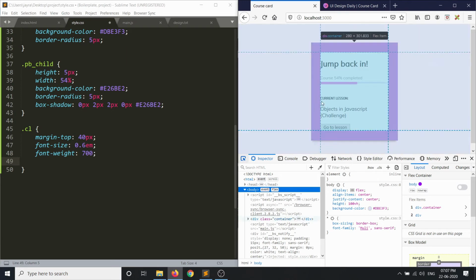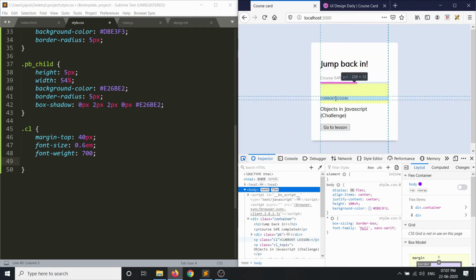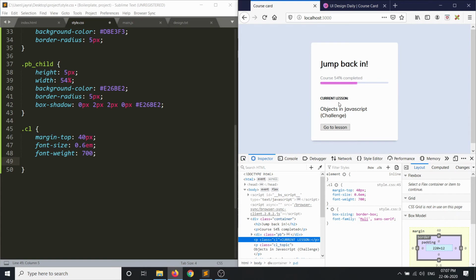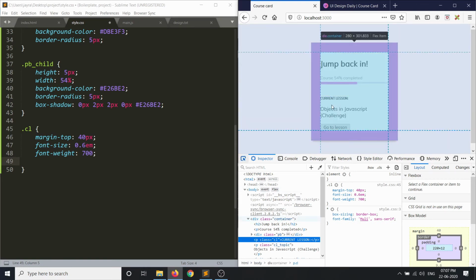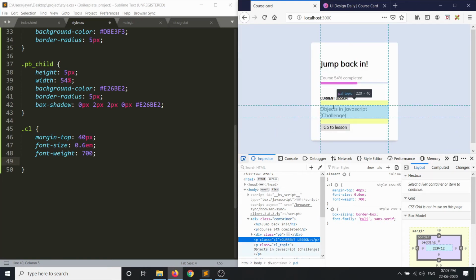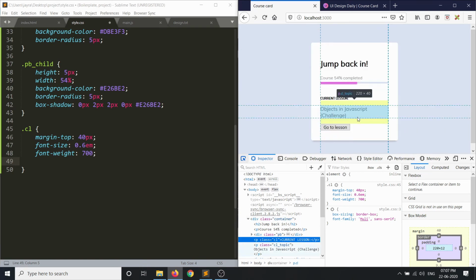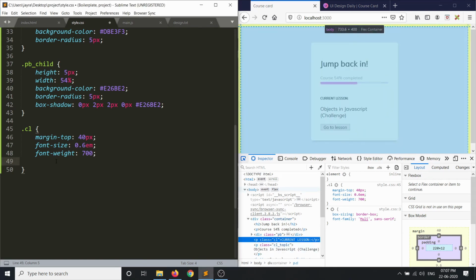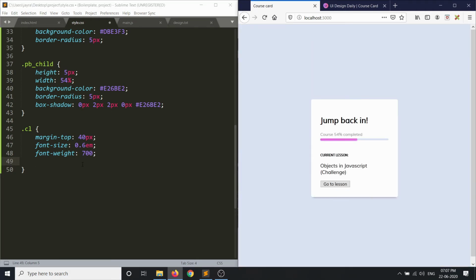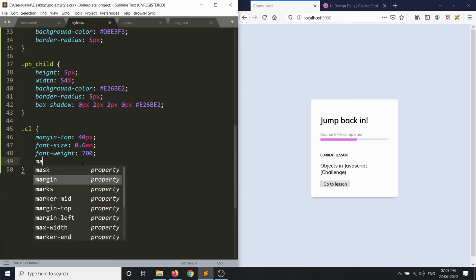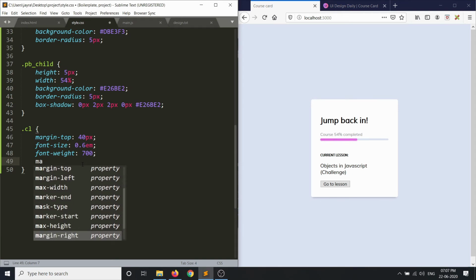If I select this element, there is a little bit of margin at the bottom, as you can see, and then we have a bit of margin at the top of the current lesson topic, right? So let's remove one of the margins, and then we'll set either the bottom margin for the current lesson or the top margin for the topic. So let's remove the current lesson margin. Let's do that. We'll just say margin-bottom. Where is margin-bottom?